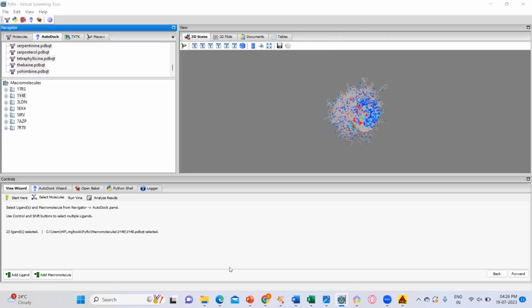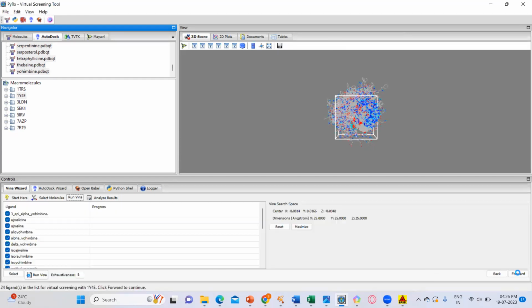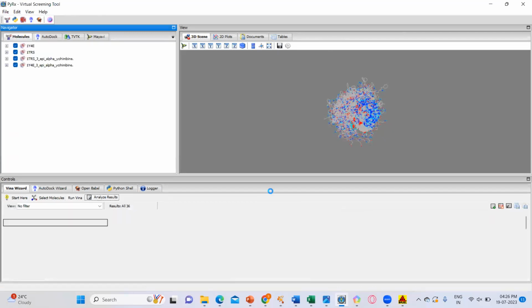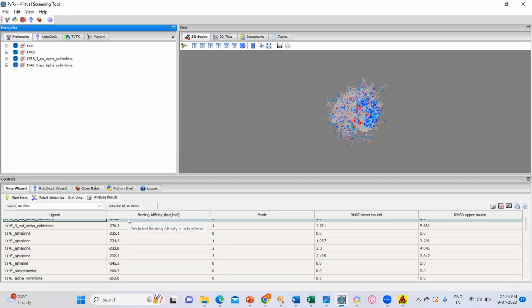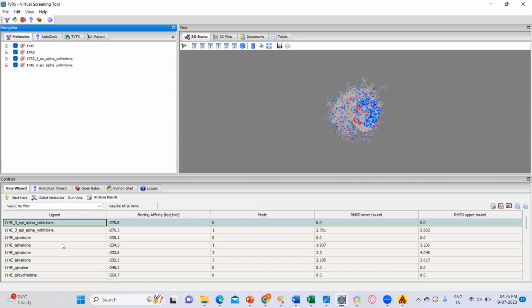As we select it further with forward, and again clicking forward, this is the binding affinity of every molecule